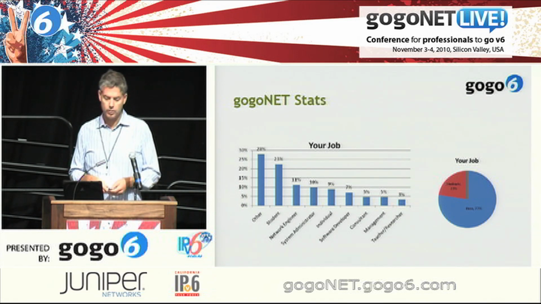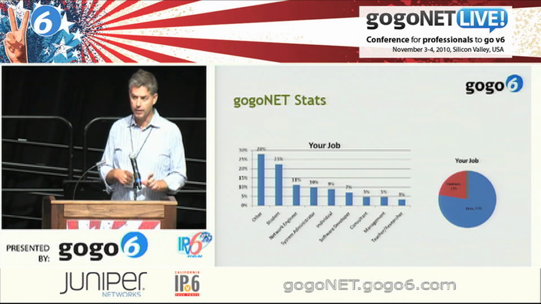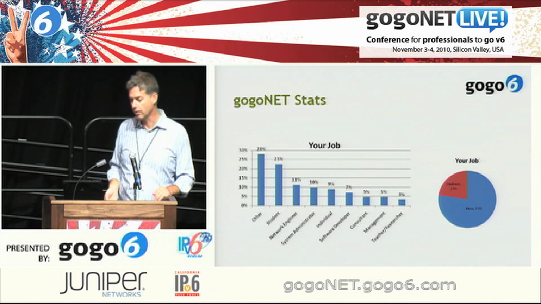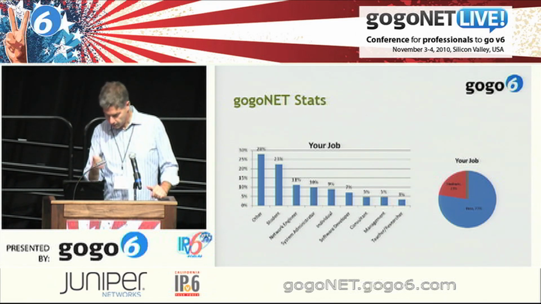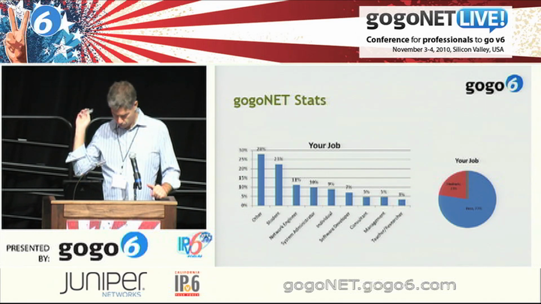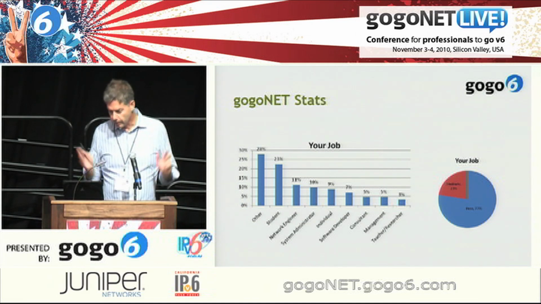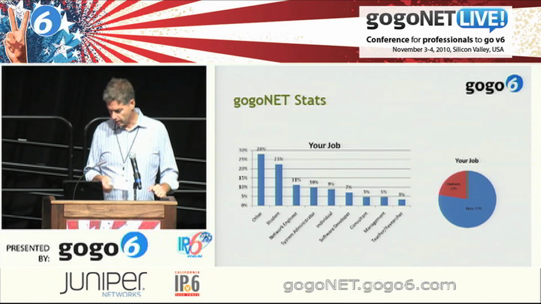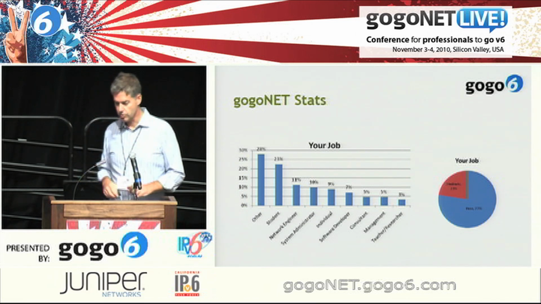So the people using gogoNET, the biggest group is other. I haven't seen the business card with other on it yet, but there must be a few others here, just statistically speaking. They either don't want to say or they're not in that list. But you can see the numbers are pretty close. 23% are students, and then network engineering, system administrators, individual software developers are all close, between 11 and 7%. We've got 5% for both consultants and management, and teachers and researchers come in at around 3%.